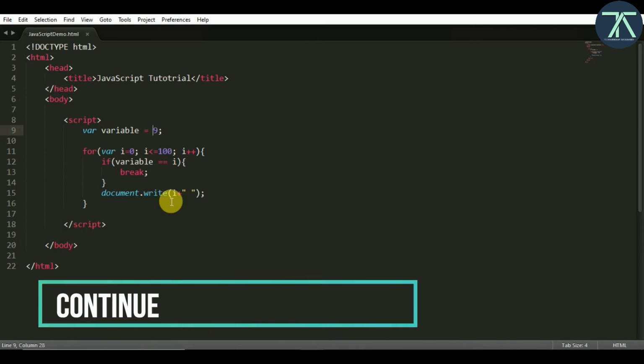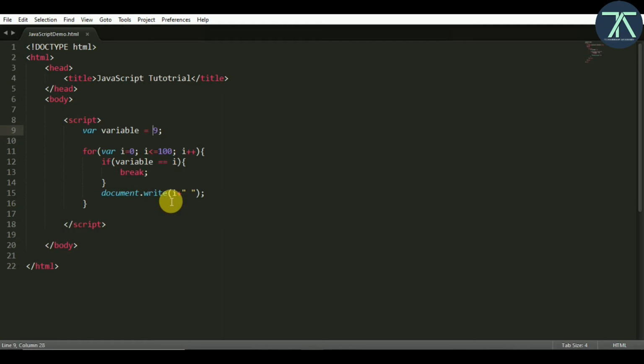How does it work? If I ask you to use this for loop to print from 10 to 100, not from 0 to 100, then how are you going to print? I need to make some change over here, and I change this break to continue. This is also a keyword. So what happens when this if executes? You see, 9 is greater than 0. Initially the value of i is 0, so 9 is greater than 0, that is true.